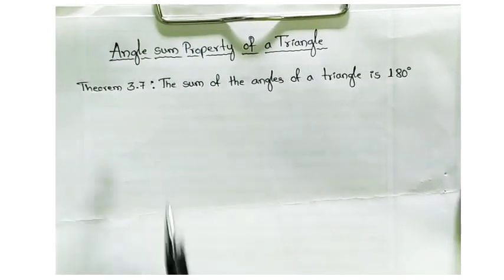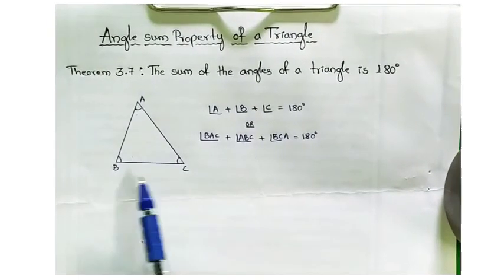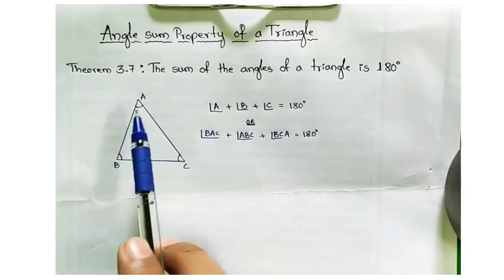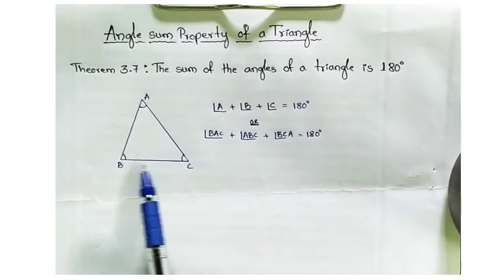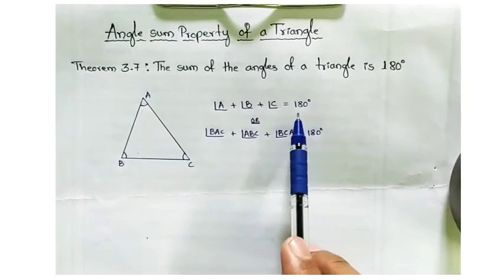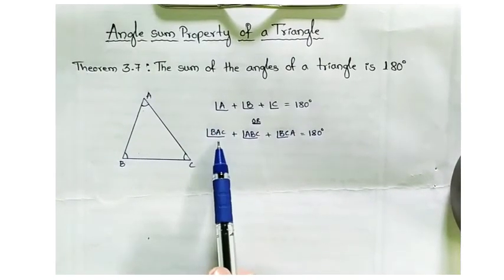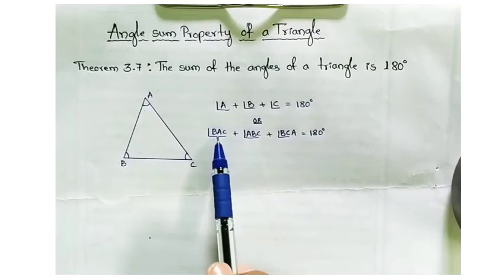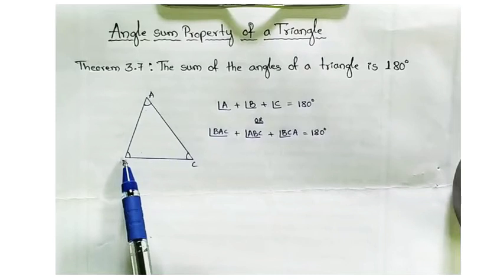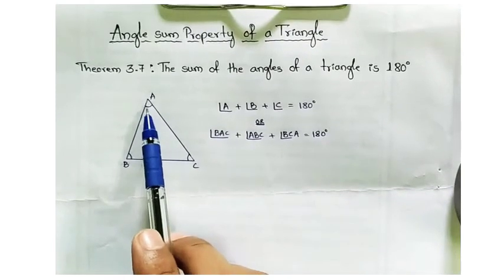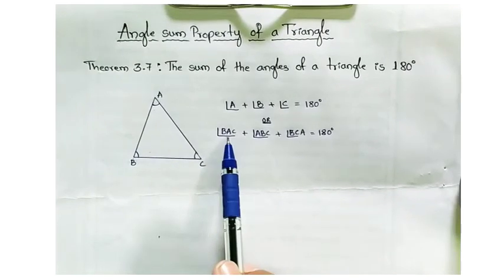Let's take one example here. See here one triangle ABC I took. So if I add all angles, which are those? Angle A, angle B, angle C, then I will get 180 degree. So you can represent angle A with 3 letters also. How? So taking the A at the middle and along with the other 2 vertices. Let's see. If you want to identify the A, you have to say that BAC, that is BAC.